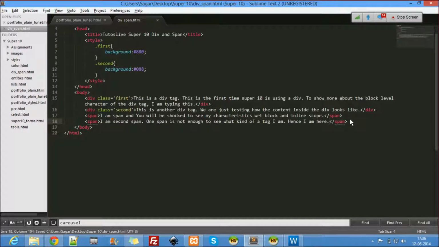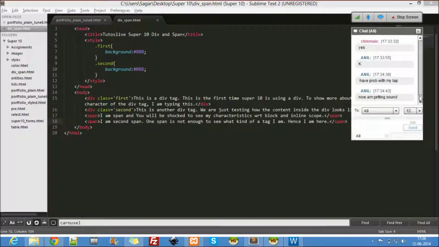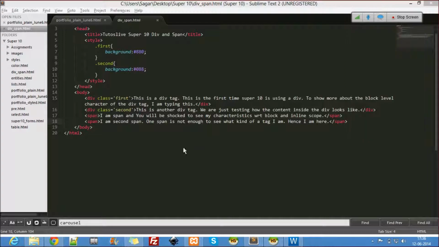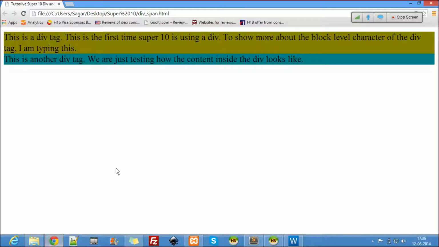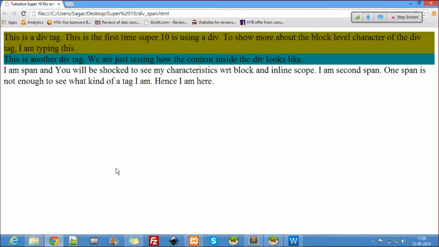Alright, so just some random text there. I hope you guys could see my screen. Something happening here. Okay, great, thank you. So let's see what this span has. Now you guys have to tell me, is span a block level or inline tag? My first sentence, tell me where does my first sentence end here?